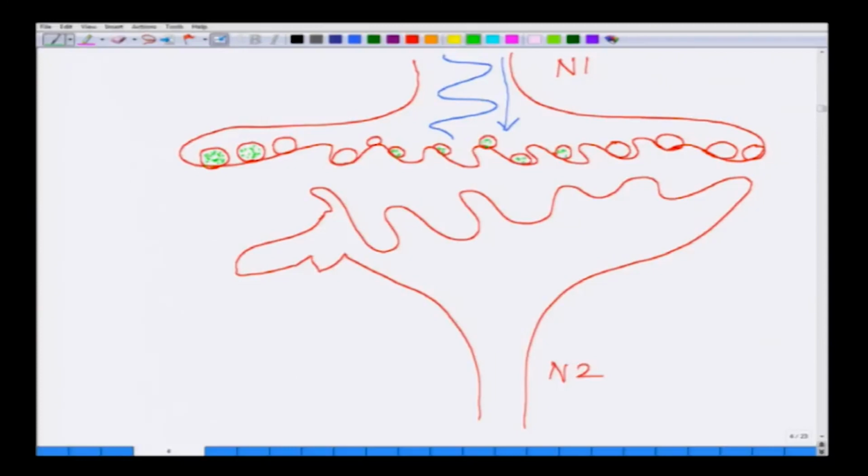Now, when the electrical impulse reaches here, it leads to the influx of calcium out here. This calcium ion binds here and helps this particular neurotransmitter pocket to be released. So, the way it works is this part of the membrane gets detached and this part of it gets detached. So, let me just make it slightly dark. It gets detached, and transiently what happens is this membrane loses part of the membrane and they